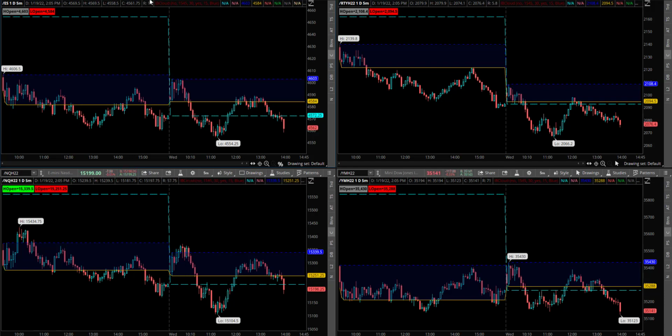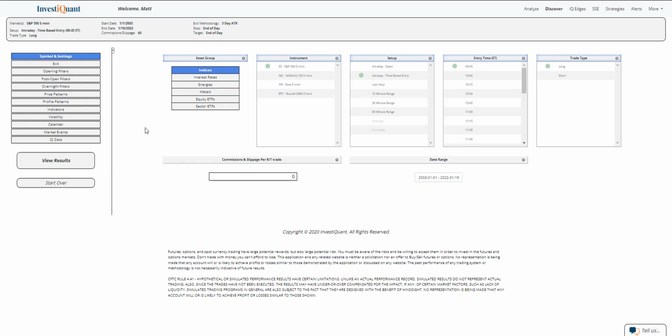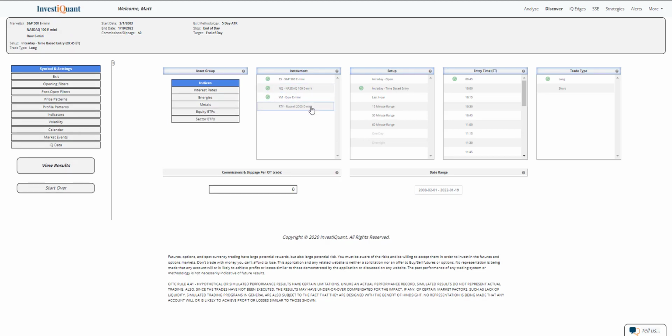Today, the markets gapped up within the prior day range following yesterday's week close. Yesterday closed down at a 10-day low. Today, we gapped up and we consolidated a little bit earlier on and have since kind of broken lower. We are now trading below the close from yesterday here in all four of the instruments. So we are trading lower than that 10-day low close from yesterday, and that's exactly what we'll look at this